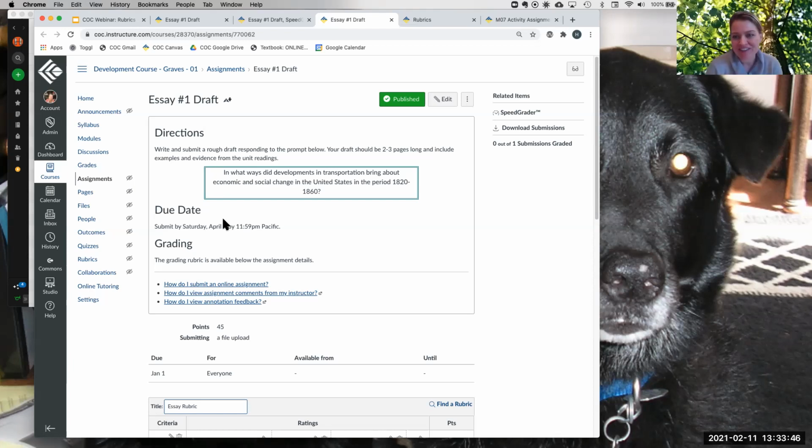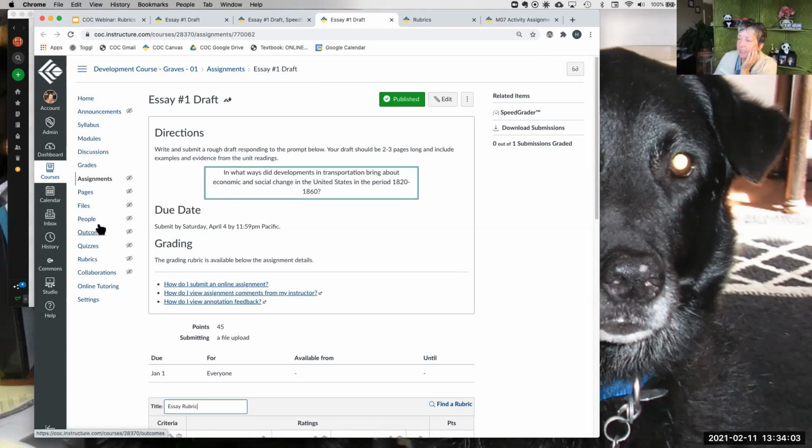Hey, Helen, quick question. Yes. When you're making rubrics and you add a rubric to an assignment, you're making a copy of the rubric. And then if you delete that assignment, does it delete the rubric as well? Or does that copy stay in your rubrics? I think that stays there. I've never tried that. So let's check.